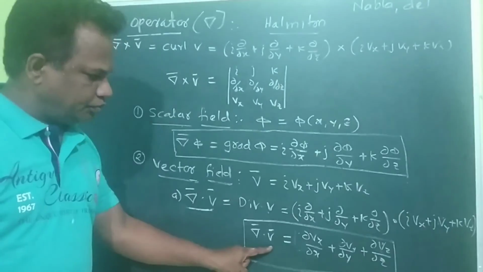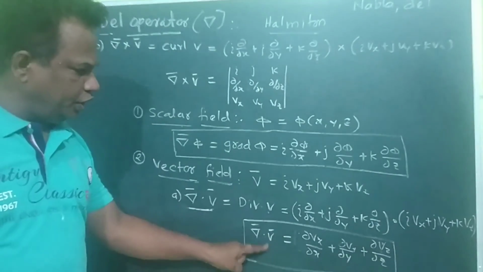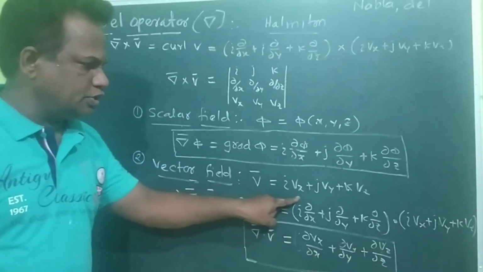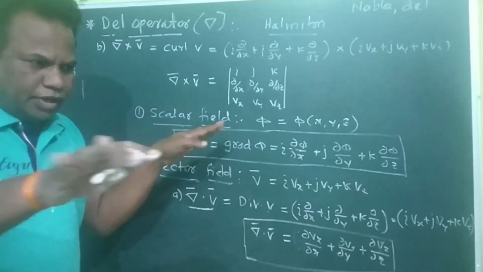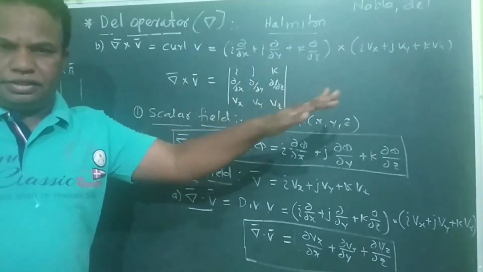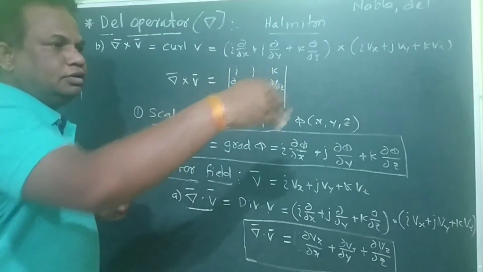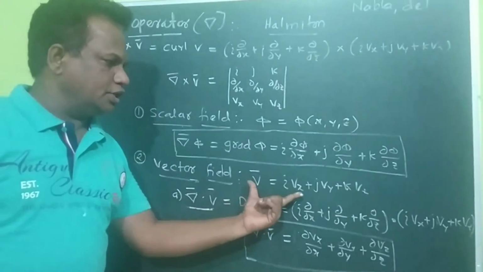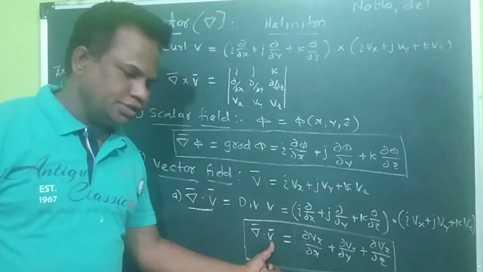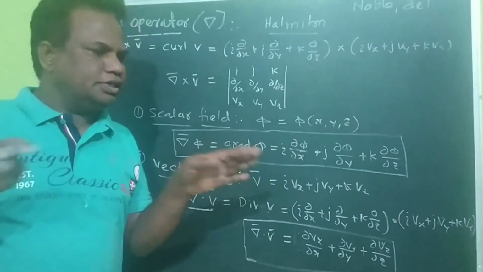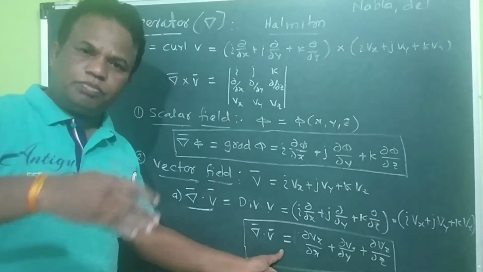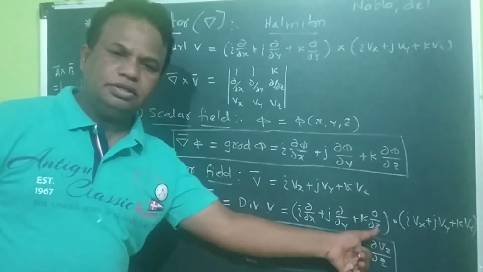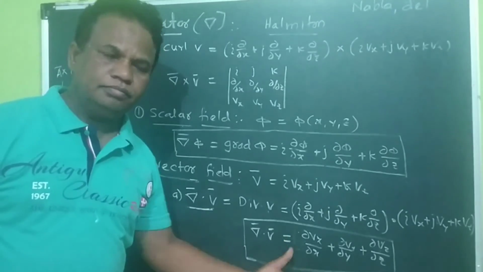So divergence of V bar, where V is any vector. Its value is given like this. It is diverging, that means going in different directions. How much it travels, or how much it decreases or increases, its variation is given by divergence of V. So whenever the field is diverging, its value at a particular point is given by this. It is a scalar quantity.